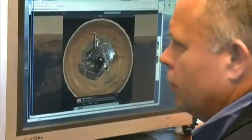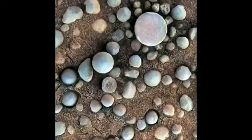John Grant helps direct the rover mission and says scientists are tantalizingly close to finding out. The next rover, the 2020 rover, is going to make the next step towards life. It's not a life detection mission, but it's moving in that direction. And as we see a planet that once must have been much more Earth-like than it is today, this idea that Mars once could have harbored life becomes something that's very realistic to me, and I want to see how that plays out. To be certain, rocks will have to be brought back to Earth, and plans are also underway